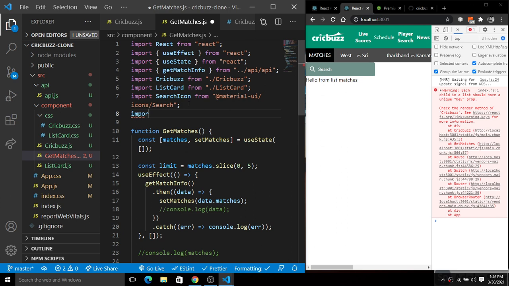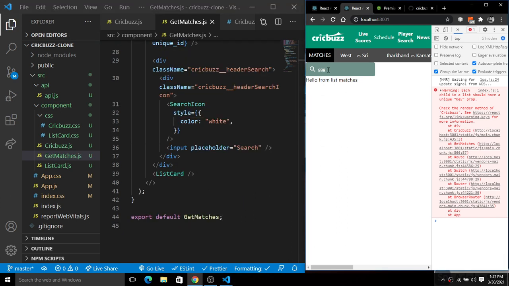Next if we go back there, we have this list card here, right? So we have this list card and we have this search. So when we search for any type of data, it will simply filter the data and return the data as it is. So we will add a filter functionality also there. We will add the filter functionality for two things, one for the team and one for the type of matches there, right?